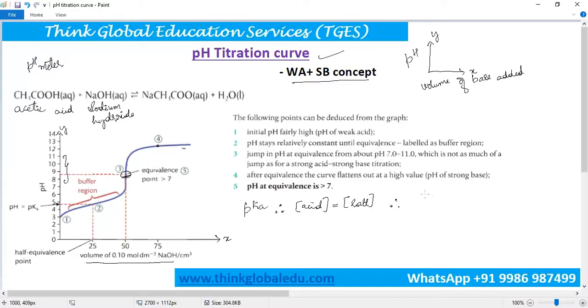Therefore, the equilibrium expression becomes Ka of the acid equal to the concentration of H+ times the concentration of A- divided by the concentration of HA, which is the acid. Therefore, the pKa can be easily calculated as pKa equal to the negative logarithm of Ka. Thus, by means of pH curves, pKa can be easily calculated and one can easily determine the equivalence point of an acid-base titration reaction. Rather than using the indicators,